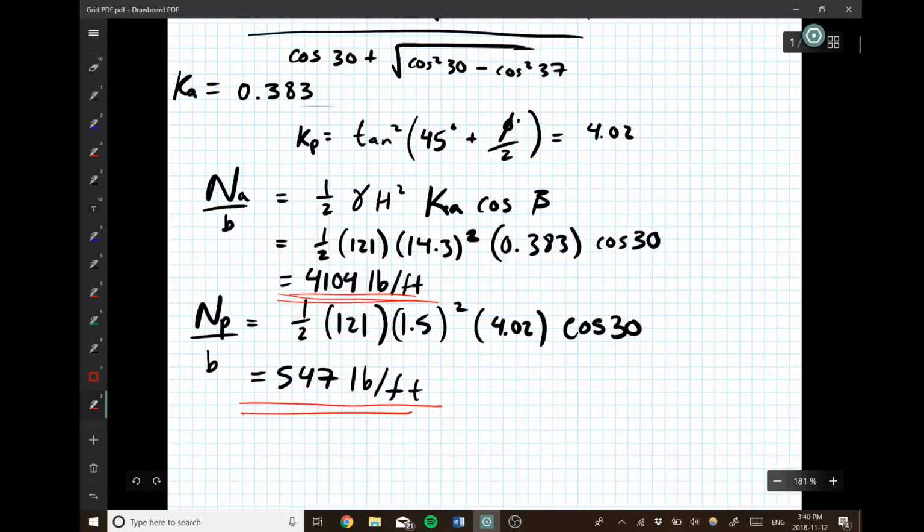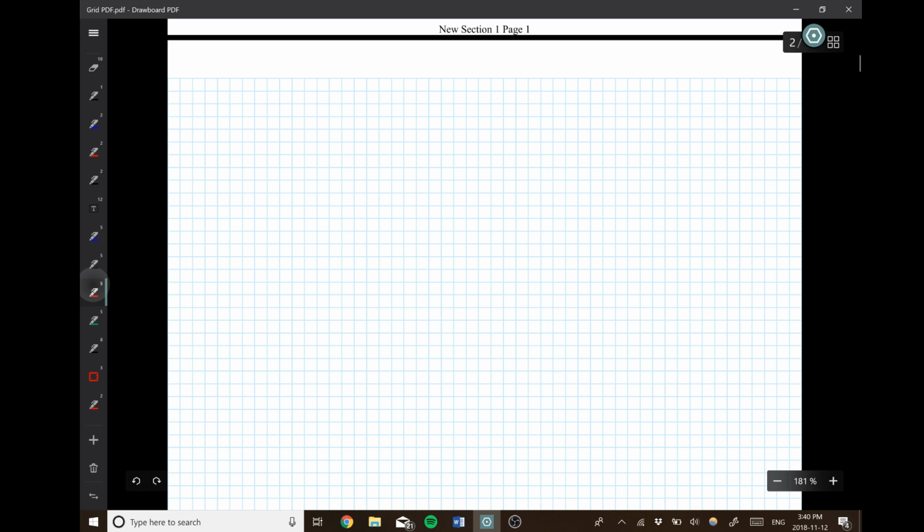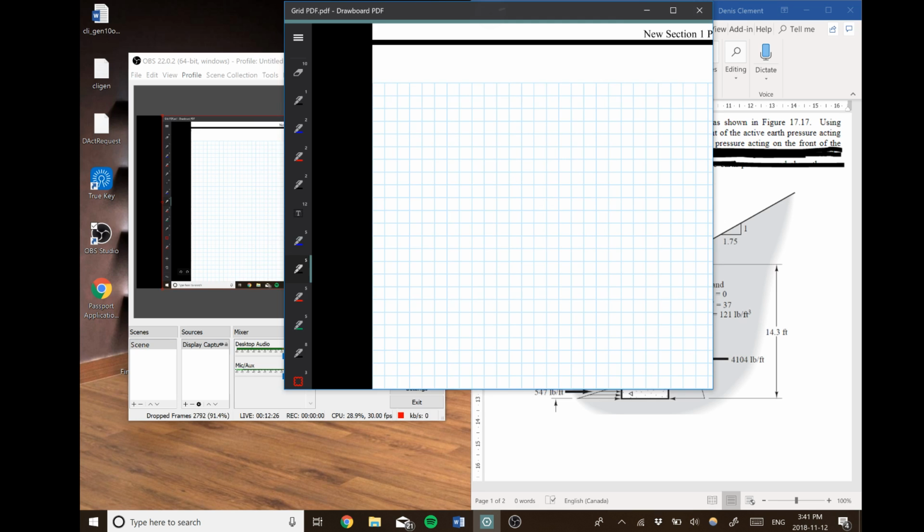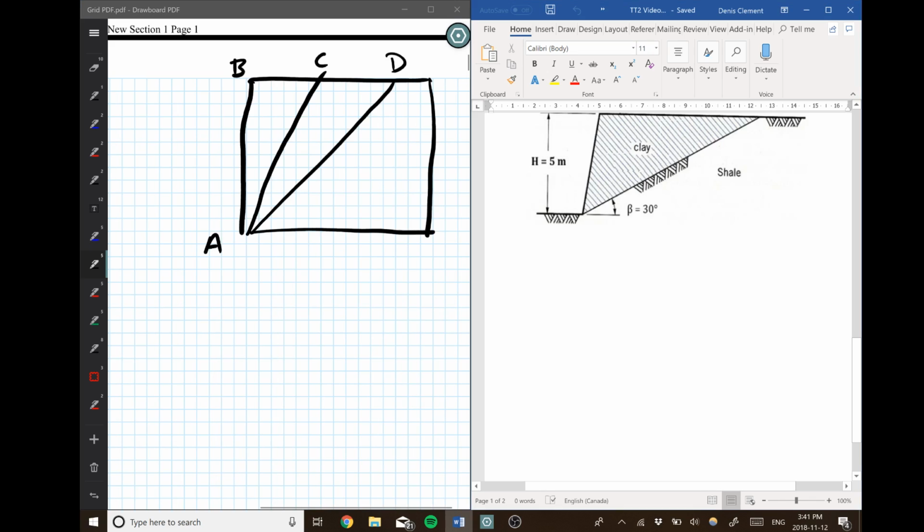Now, question 2 of the tutorial is a slope stability question. This was a question that was found on last year's midterm, so I'm just going to quickly draw a diagram that I'm going to reference as I go through the tutorial. So if we look at our question here,